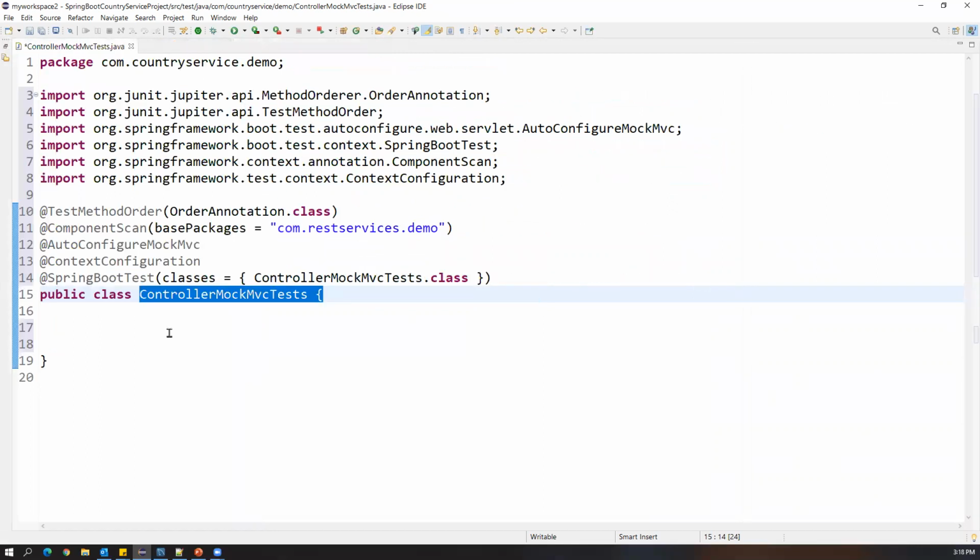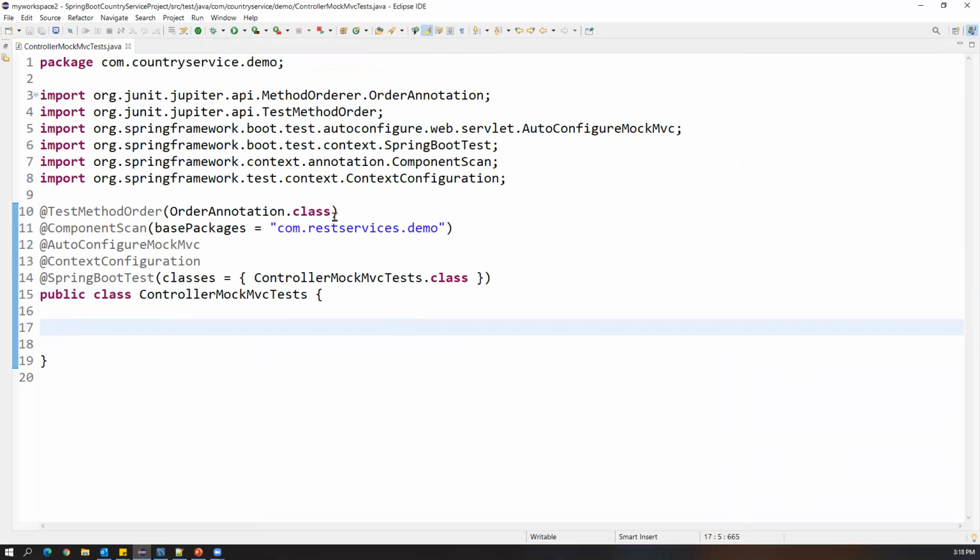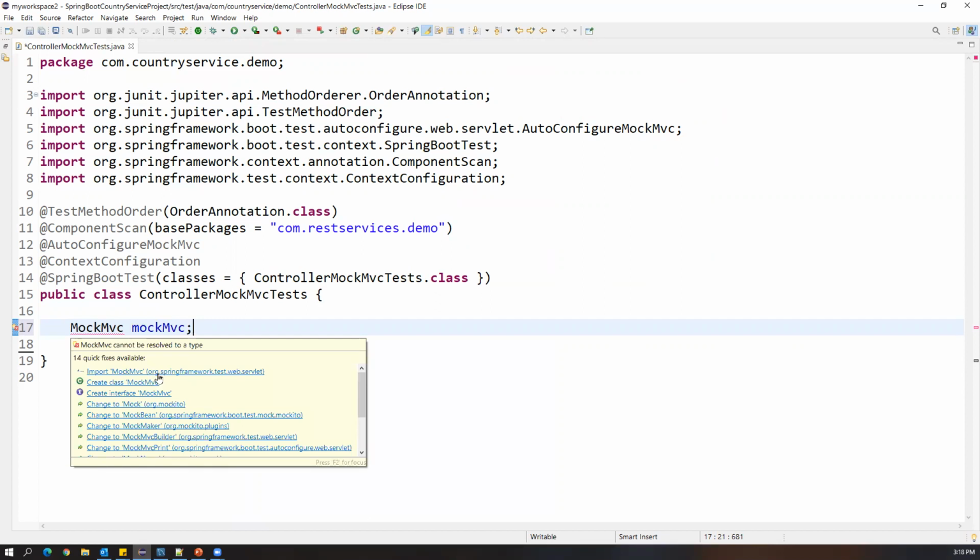After that, let us mock the classes whichever we need. The first thing is we are going to use the MockMvc framework. We have a predefined class MockMvc, which is built into Spring Boot itself, so we don't need to add a special POM dependency; we get it by default from Spring Boot. I'm creating a variable for that, mockMvc, and this MockMvc we have to import from org.springframework.test.web.servlet.